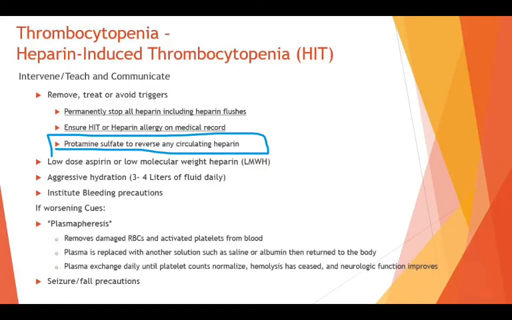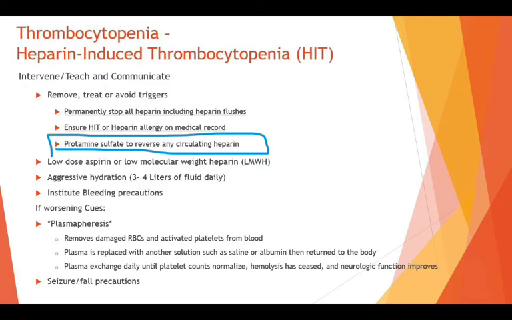But if you are having a heparin allergy, and because this patient's probably been getting heparin for a couple of days before the allergy shows up, they may give protamine sulfate to reverse any circulating heparin and stop this process from happening. In the meanwhile, because microclots are happening, low-dose aspirin is a good idea to stop